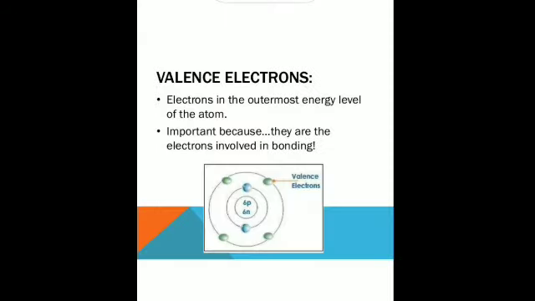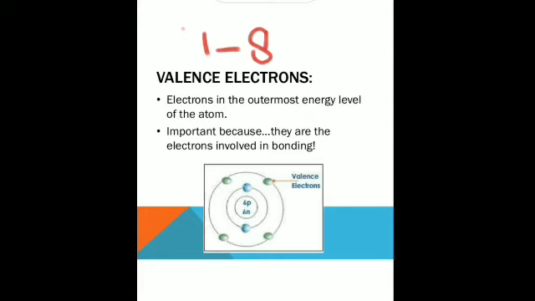Now you have understood the concept of valence shell and valence electron, that is the electrons in the outermost energy level of the atom, and this valence electron varies from 1 to 8 in the atoms of different elements. It can vary accordingly: in some it can be 1, then 2, then 3, then 4, till 8. And by these electrons, the valency of an element is determined. The valency of an element is the same as the number of valence electrons in a particular atom of an element. Is it clear?